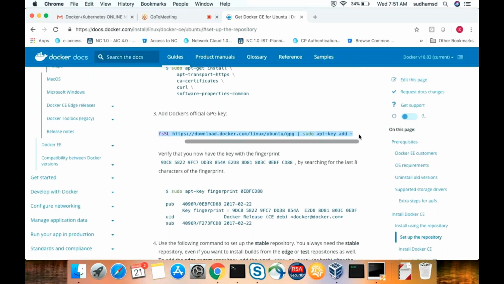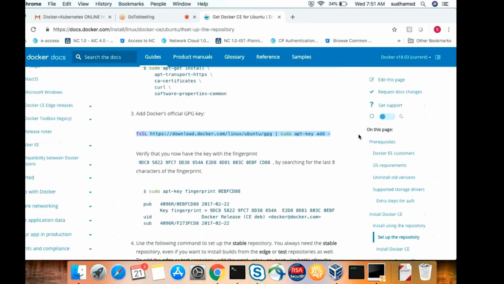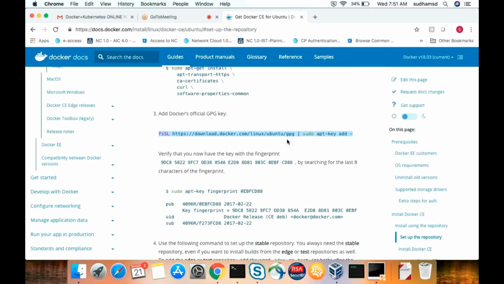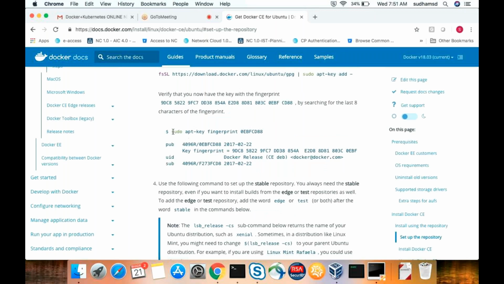So let's copy this command. What this command does is contact that particular URL, download the public key, and give that output as input to this command, which adds the public key to our local machine. It says OK, which means it is perfect. If you want, you can execute this command and verify. We need to get the same output you got here. Then it is a valid one.